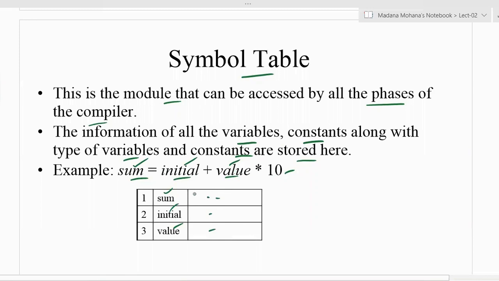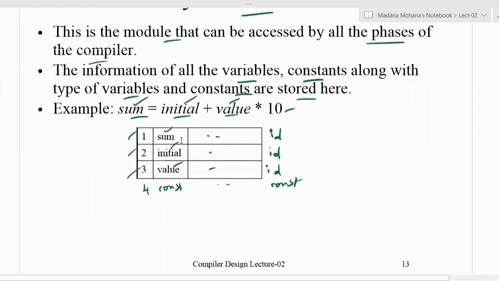So what is the type here? This is an identifier, initial is also an identifier, this one also an identifier. Even the constant also. So here it takes the constant. Then each and every row can be indexed with numeric values. So that is the role of the symbol table.